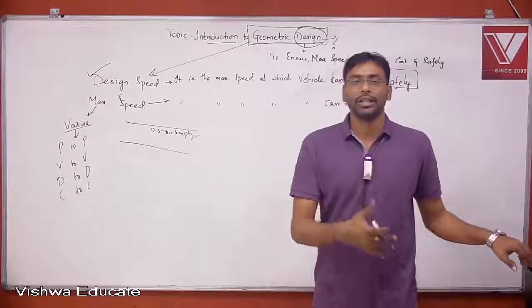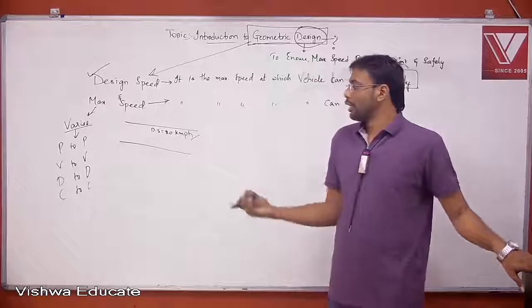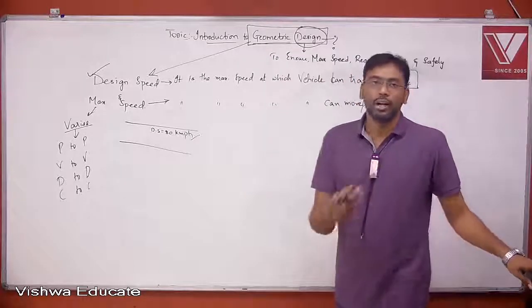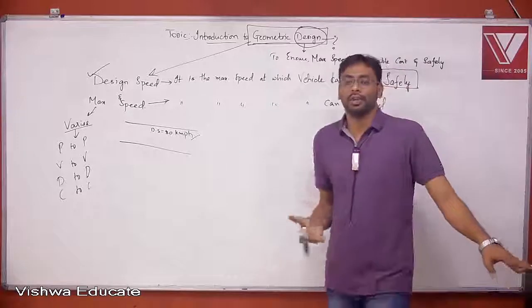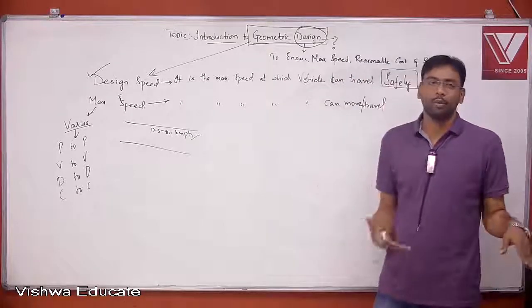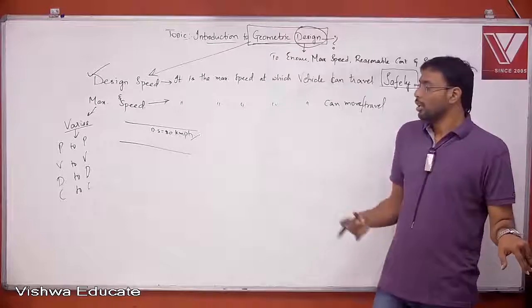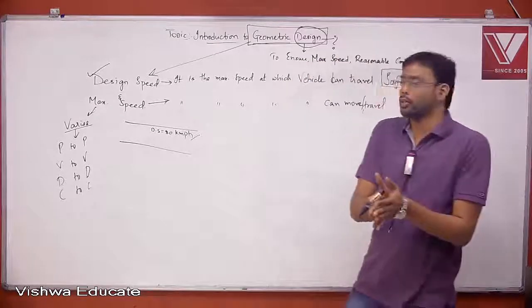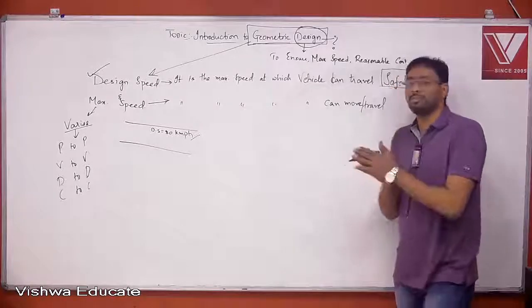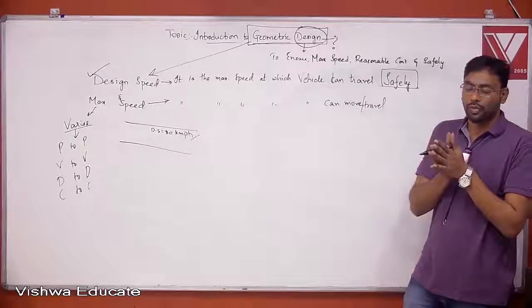Similarly, from vehicle to vehicle, it varies. From driver to driver, if you're drunk, you don't know the condition, you are not able to decide what you are doing. So maximum speed is going to vary from situation to situation,